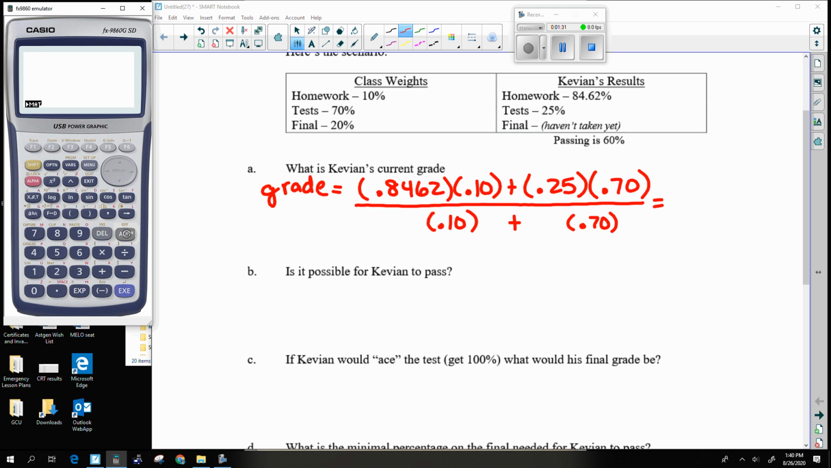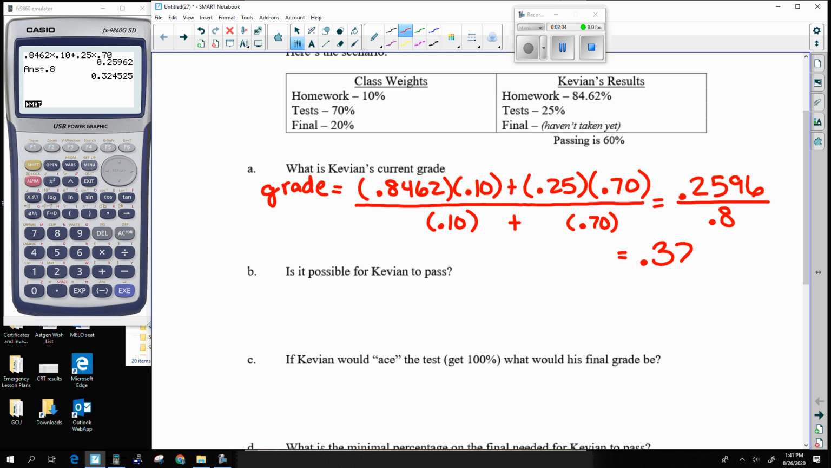So the numerator, 84.62 times 0.10 plus 0.25 times 0.70. Oh, gravy. Not looking too good, but that's not the final answer just yet. It'll get a little bit better than that. 0.2596 approximately, divided by 0.8. So again, I'm going to use the answer, I'm not going to enter the decimal, and divide by 0.8. So Kevion currently has a 32%